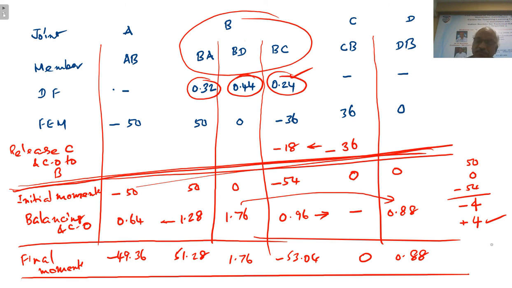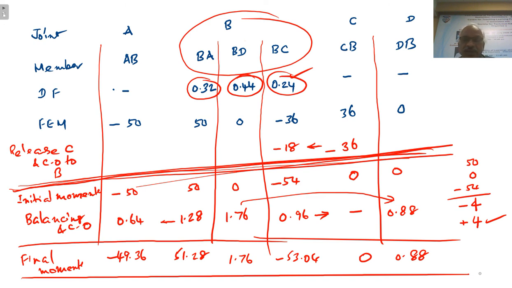So the main point is that of releasing C and carrying over to B. Then this will be the initial moments. Above this line you should not consider for the final addition. You have to start the addition only from the initial moments. So these are the final moments. Suppose BC is another span with C as simply supported, how to deal with the problem? The diagrams, the lines and writings are very rough. Anyway, you can understand. If the purpose is understood, then no problem. So we have to draw the bending moment diagram and shear force diagram as usual.